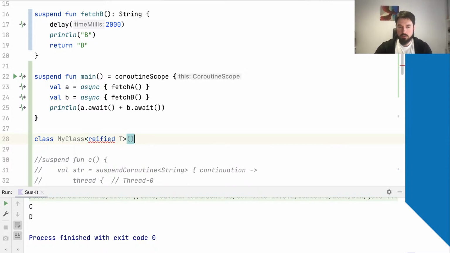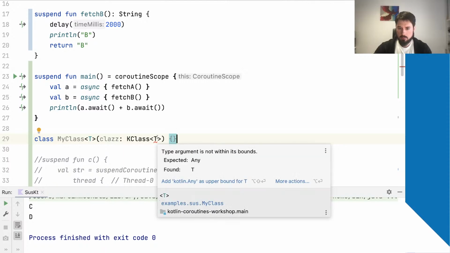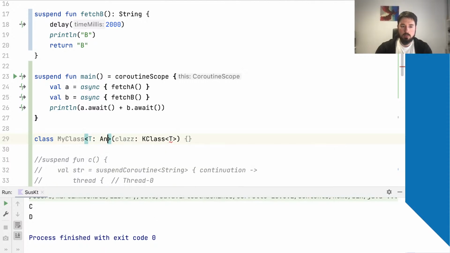Of course it is not possible, but the question is why do you need that? And typically it is a substitution of a class with a class reference, so KClass or Java class, something like that. And if you need a type reference, it could be that, depending on what you need. Type references